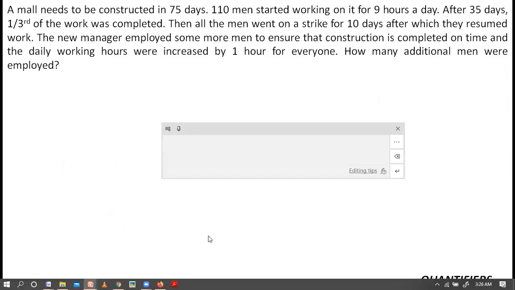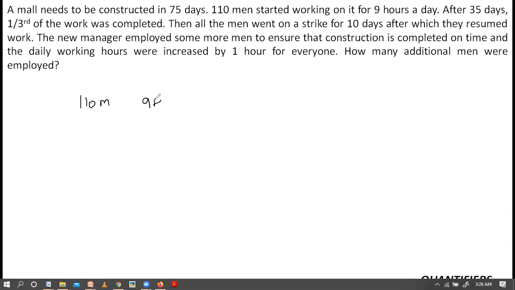Let's move to the third part. A mall needs to be constructed in 75 days. 110 men started working on it for 9 hours a day. Okay. So right, 110 men working are going to complete the work in 75 days. After 35 days, 1/3 of the work was completed. So what I can say is that 110 men working for 9 hours a day in 35 days